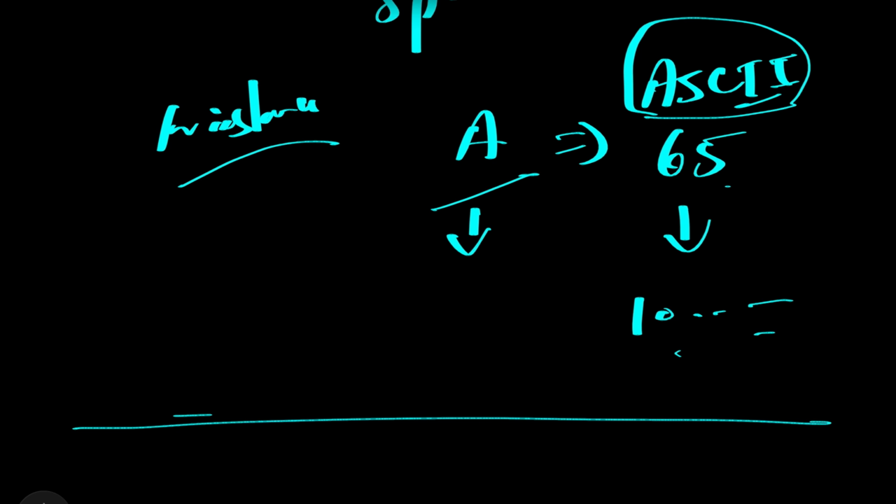Similarly, a small a has a different ASCII value, like 97 or 98, and each character has a different ASCII value, and the equivalent binary value gets processed inside the computer hardware. This is how different information is processed in the computer hardware by means of the codes you have seen so far. Now we slowly move on to De Morgan's law,